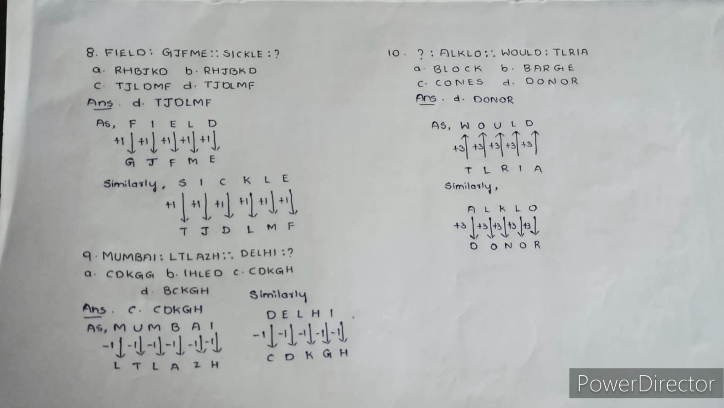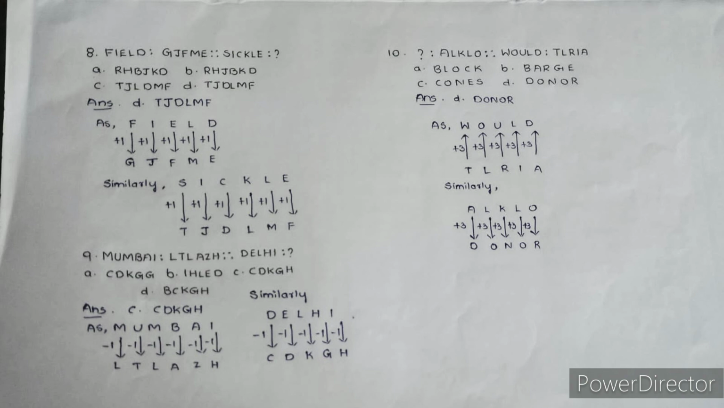And the last question is, so here you have to find out the first term. So first let us see the second term, that is WOULD is related to TLRIA. So you have to find out the first pattern. So first let us understand what is the relation between this second pattern. So WOULD